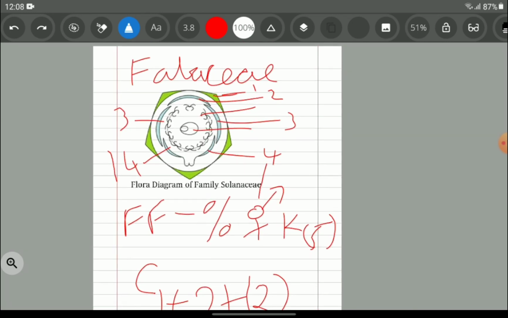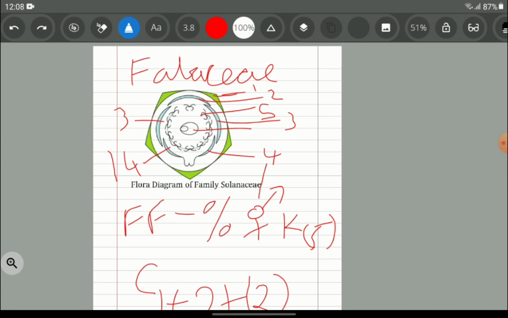We have androecium in the same circle. See, we don't have 2 different circles over here. We have only one same circle. Let us denote it as to be the 5th circle. Okay, they are in the same circle, but the thing is that some of them are united and one is away from it, apart from it. So it is like 9 plus 1 with a 9 in brackets.